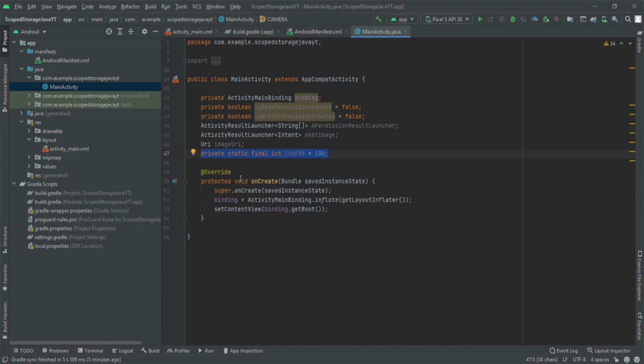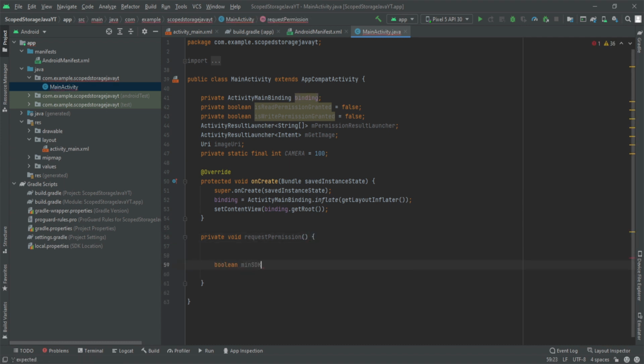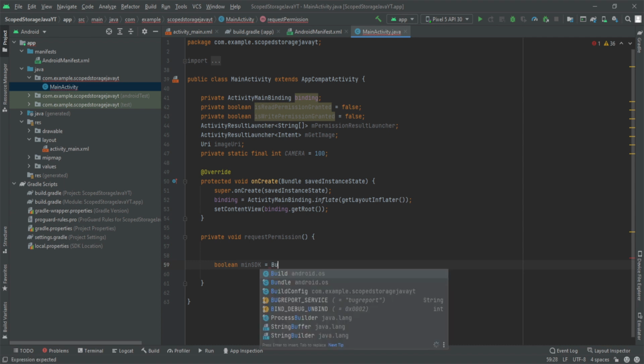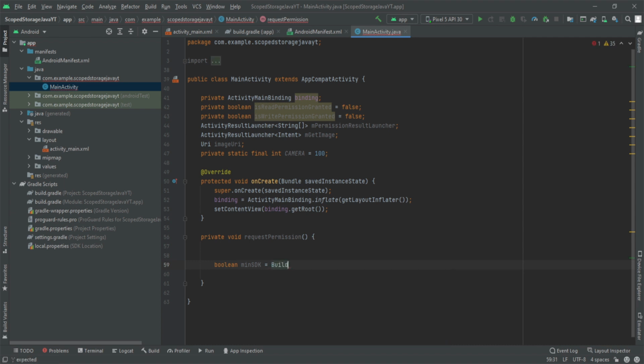So after that, first we are going to request the permissions in our Android app. So for that we'll be creating a method, private void requestPermission. So first we'll check if our device is running on API level 29 or above, right? So for that we'll be declaring this variable called minSDK. So Build dot